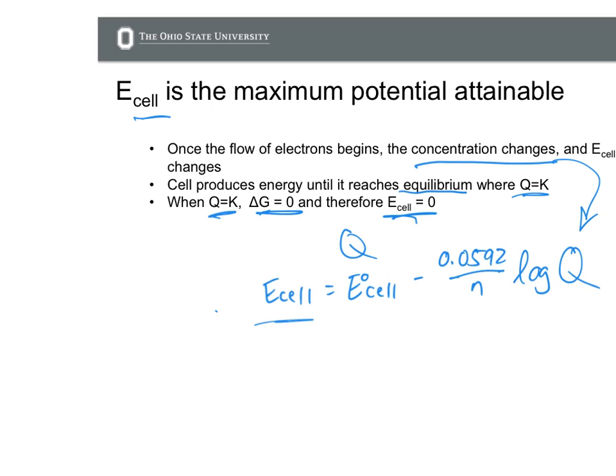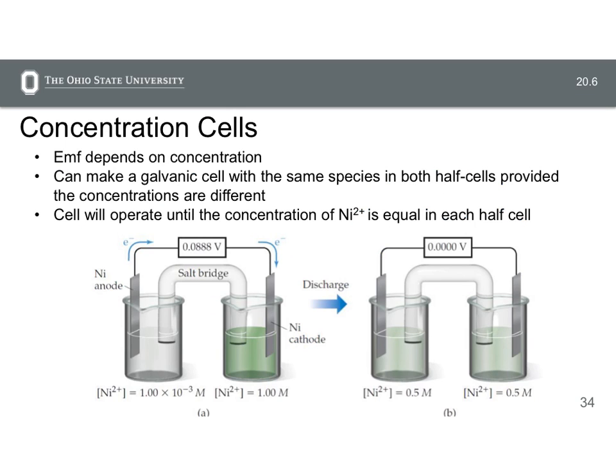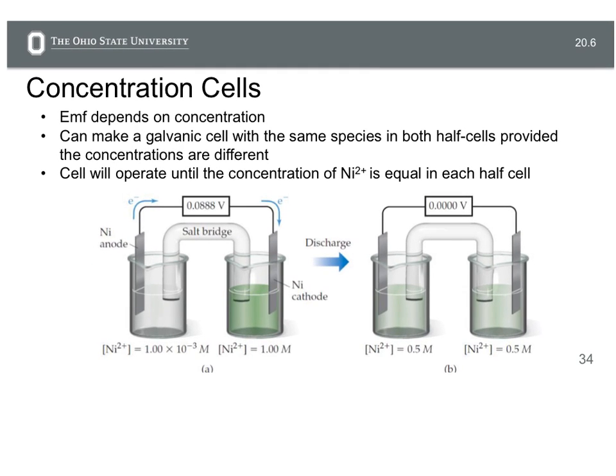Let's see. So if we go back to that. There's another type of galvanic cell or voltaic cell. It's a special type called a concentration cell. These are kind of interesting because they use the same half reaction in the two different cells. Okay, so in this figure,